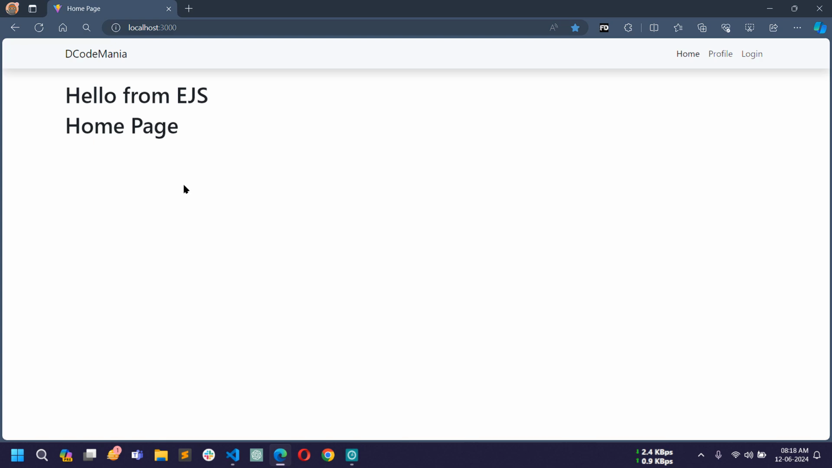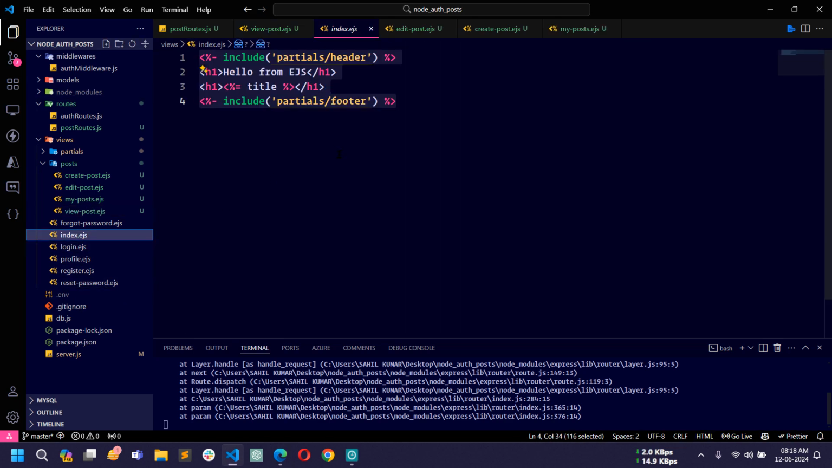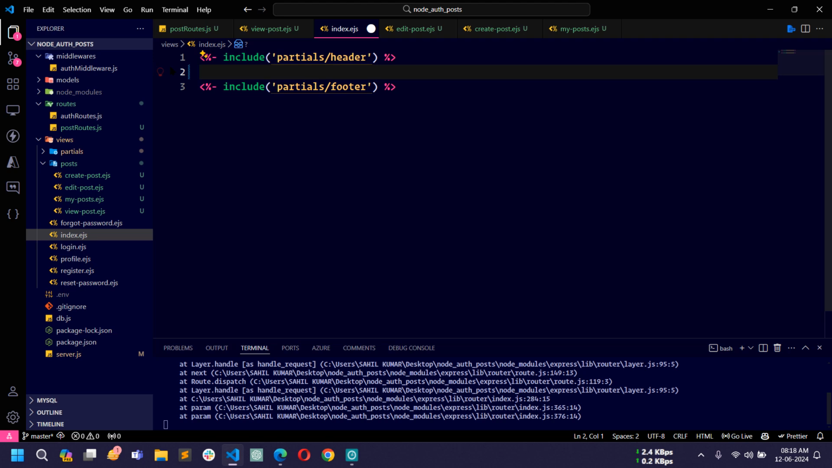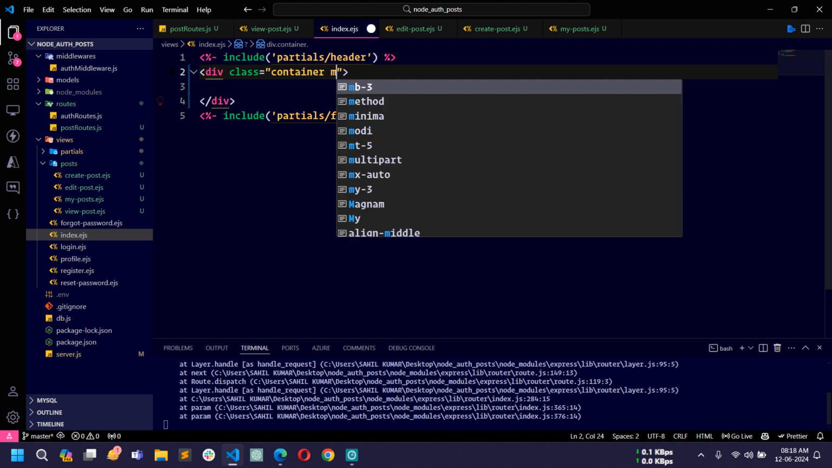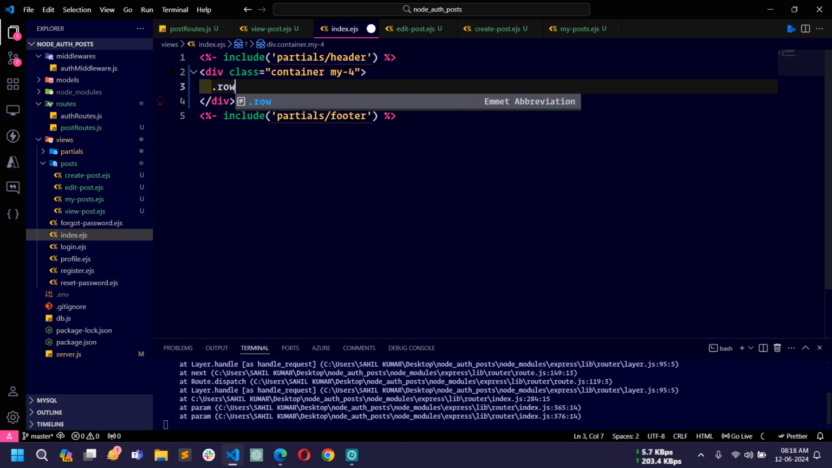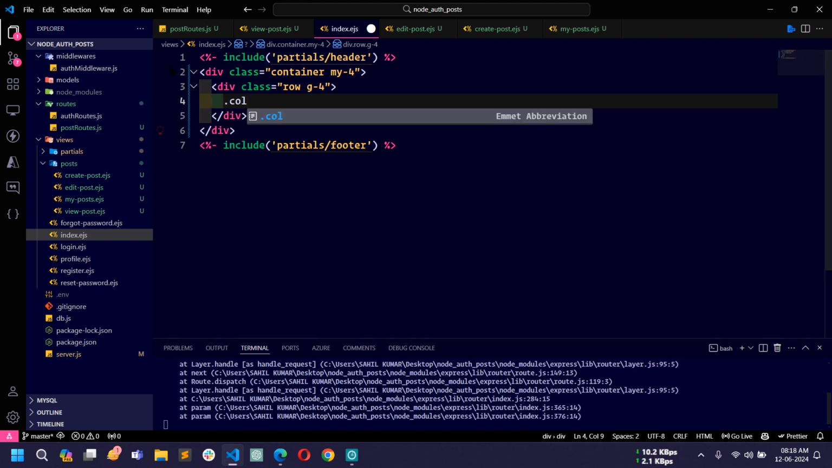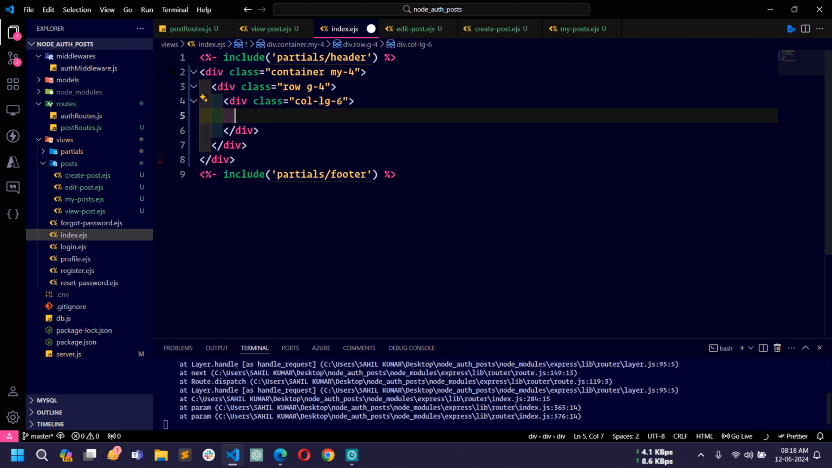For the home page, let me go to the index.ejs file, and here I will remove these two h1 tags, and then I will create a container first, and also give margin top and bottom 4, and inside this I will create a row with gutter 4, and then inside this I will create a column col-lg-6. Then I will create a card